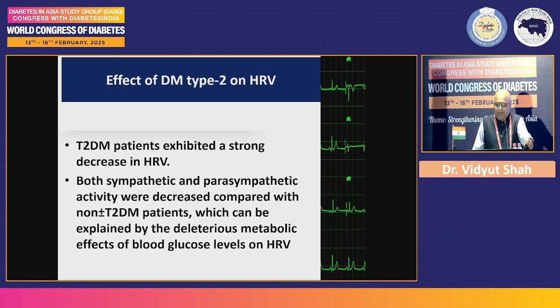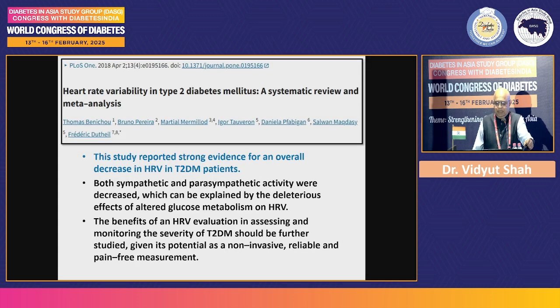Again, if you see the effect of diabetes on HRV, type 2 diabetes patients exhibited a strong decrease in heart rate variability. Both sympathetic and parasympathetic activities decreased compared to non-type 2 diabetes patients, which can be explained by the deleterious metabolic effects of blood glucose levels on HRV. And this is one study, a systematic review and meta-analysis. And this study also reported that there is strong evidence for overall decrease in HRV in type 2 diabetes